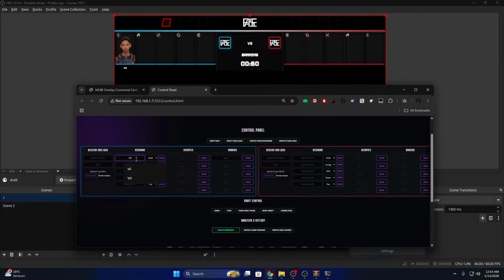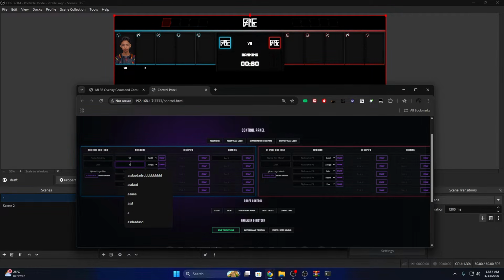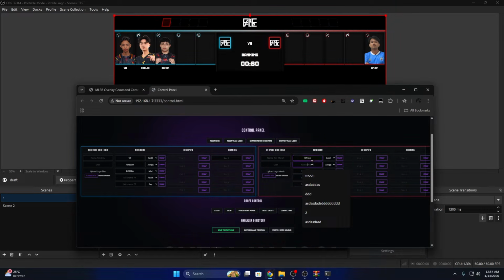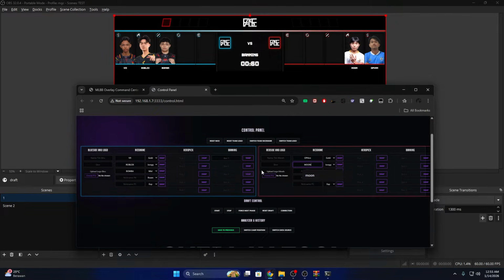After that, the photo is still working. If you want to know how to do the photo, you can see the previous video, version 3. The last one is Moon. So the photo is still working, and this lane logo is also working in the previous display 1 and display 2, and display custom is also working.